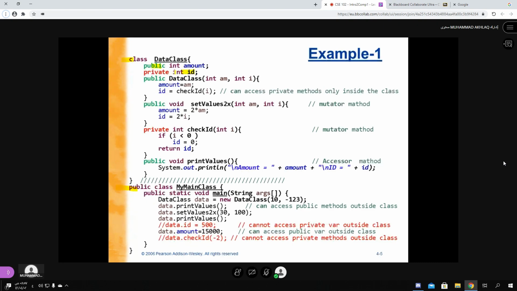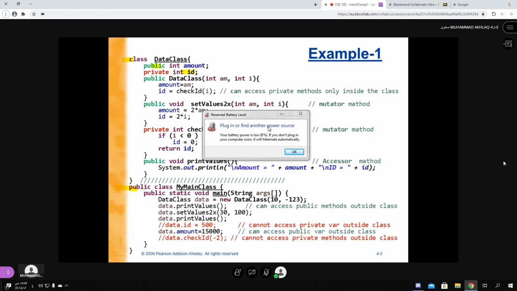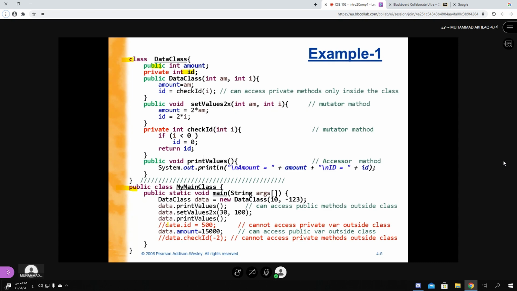But if I access the private ID, okay, the battery is about to finish. Okay, no problem. I need a few minutes. So if you say object name dot ID, if you directly access the ID, because ID is private, it is not accessible. But amount is public. This data dot amount is equal to something, so you are directly accessing the amount. It is accessible. Why? Because it is public.